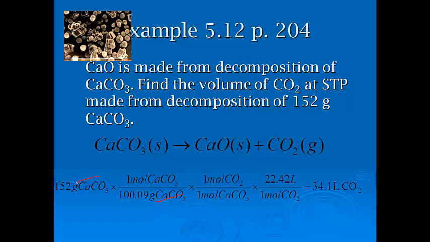That's going to get rid of the grams unit there. Then I got to go from moles to moles. It's a 1-to-1, so it's not going to change it, but that would be the same as with the chart. And then finally I got to multiply it by 22.4. With 3 sig figs in my data, that's 34.1 liters of carbon dioxide. It's not drastically different. Just like molarity was the curveball in solution stoich, in gas stoichiometry it's figuring out how to get from